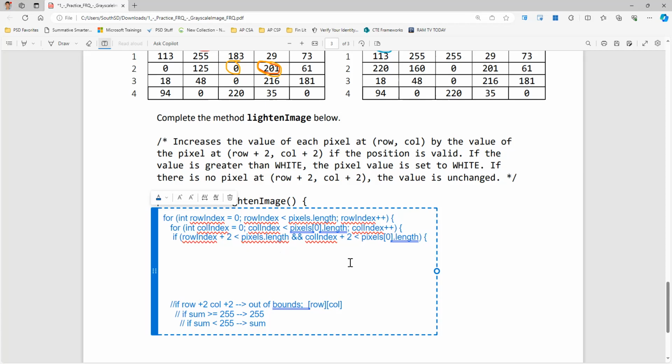Now we're just saying, look, I'm only going to consider options, because we're going to do this change if and only if we're going to keep it within the bounds of the 2D array. So if that's the case, then go ahead and use that pixels, and let's do row index, column index,